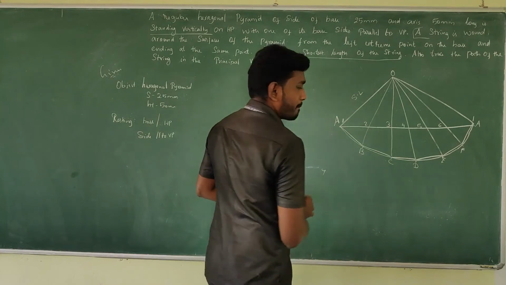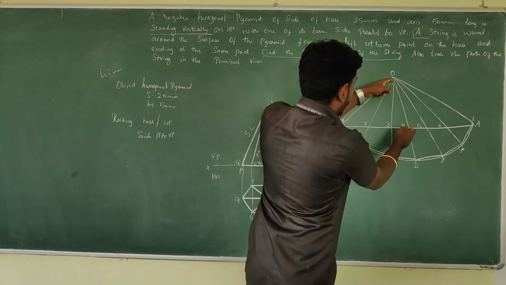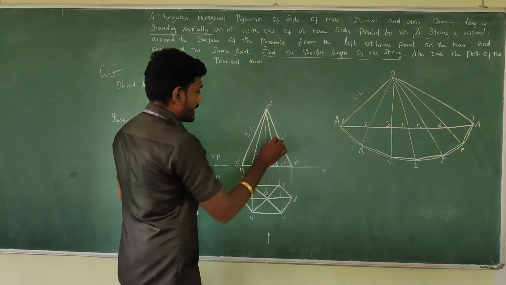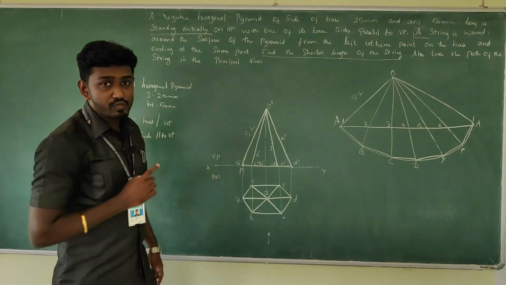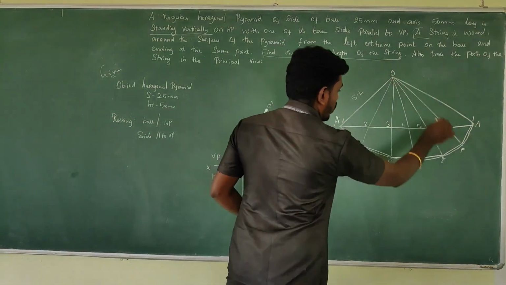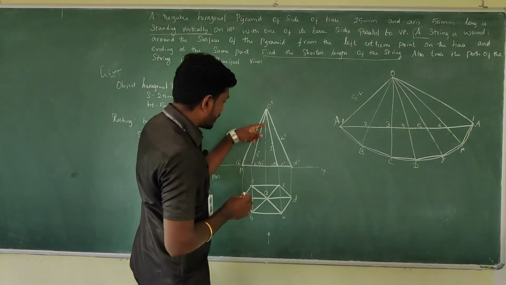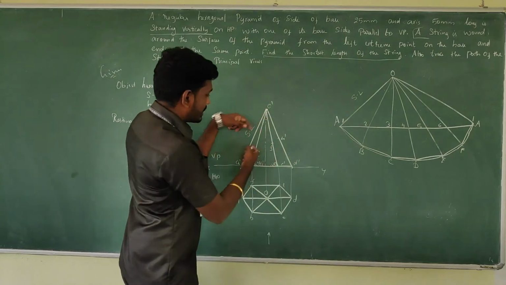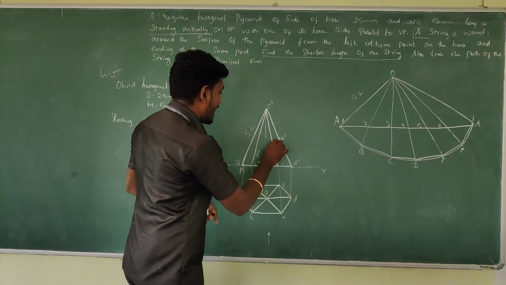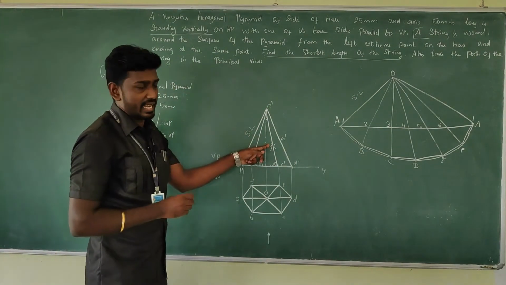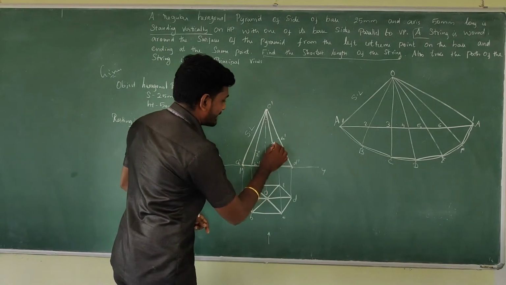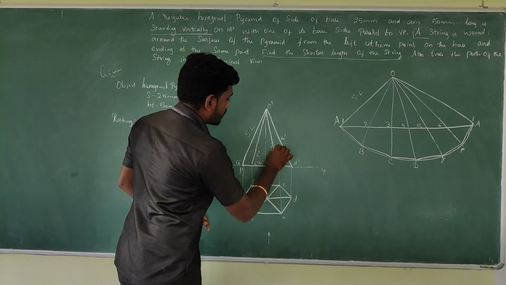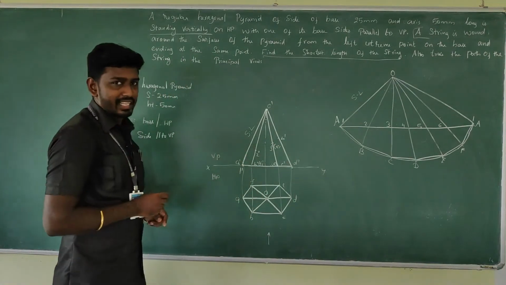And next 4. It is between O to D. Take the measurement in O to D, just make a cut mark. This would be 4 dash. Where is 5? It is between O to E. O to E is here. Take the measurement O to 5 and just make a cut mark. You will get it at the same point as 3. It should be taken inside the bracket. O to E is an invisible edge. So 5 dash should be inside the bracket.